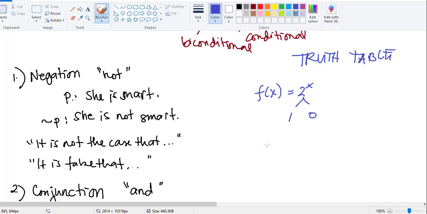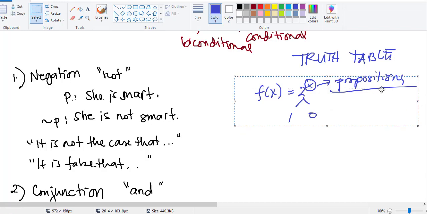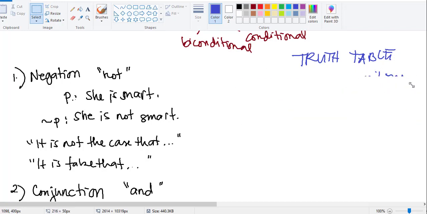Tama, diba? So whenever you create a truth table, kailangan mong ilagay dito sa X yung number of propositions, so that you will know later kung ilan ang kailangan mo na values for your truth table. Okay? Again, one of the basic concepts of using logic in computing is that it looks like the binary language,